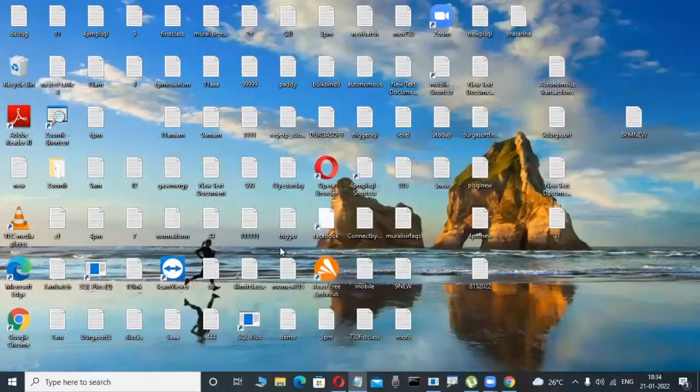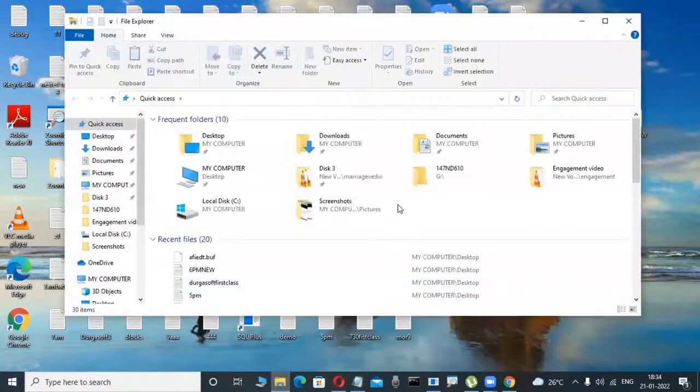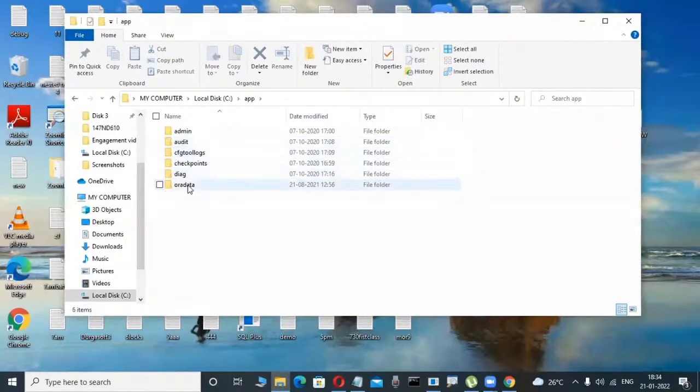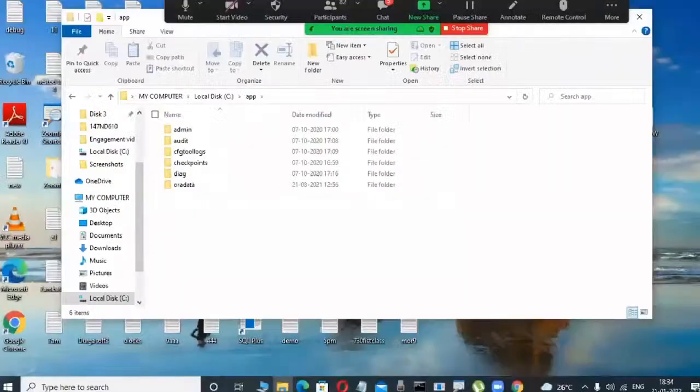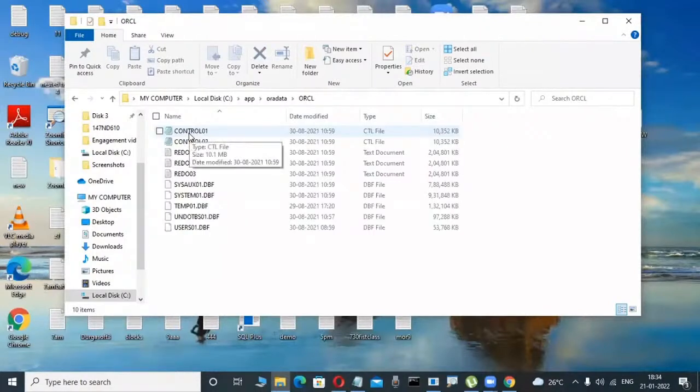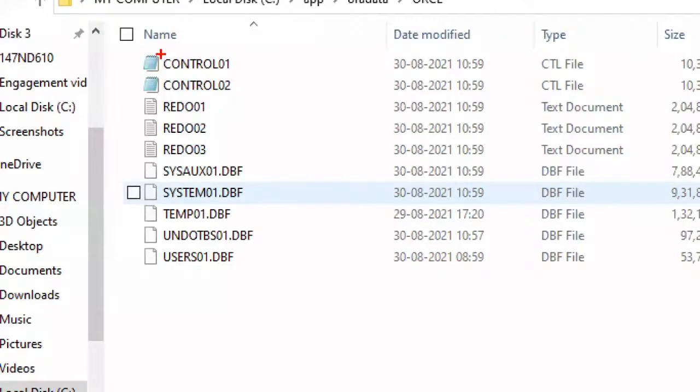Now I'm interested to view whether this table is created or not in my operating system. Suppose a Windows operating system is there, where Oracle is installed. In that location, I try to view, for example, in C colon, where the Oracle is there, those directories, don't worry. These are folders: Oracle, Oradata, ORCL. I'm only observing. In C colon, I installed my Oracle software. In this Oracle software, anywhere